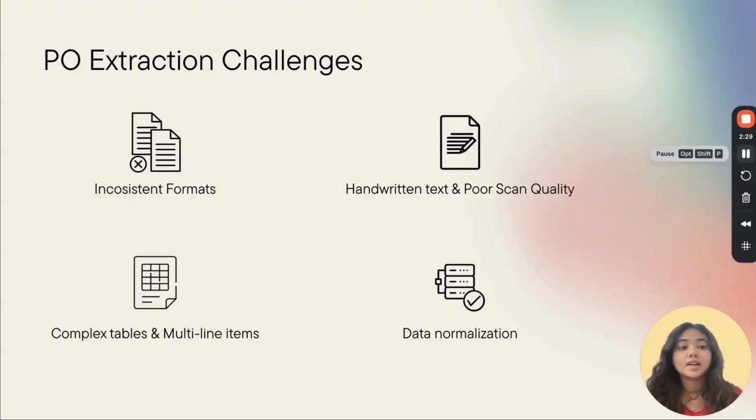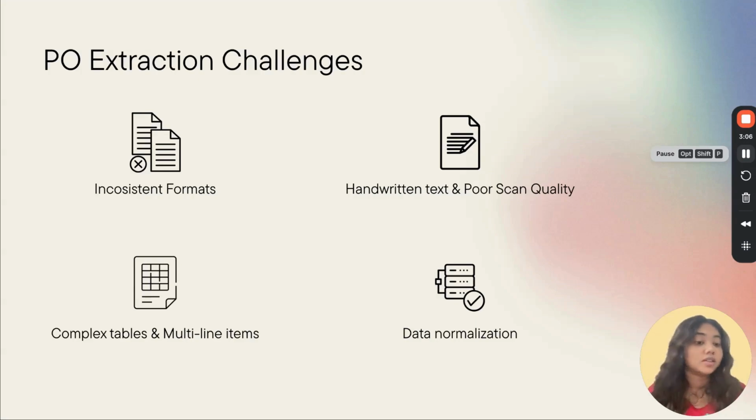And finally, there are data standardization or normalization challenges because purchase orders could contain multiple date formats. For instance, you could have the date first followed by the month or the vice versa format of representing your dates. You could have multiple measuring units, currencies, numbering systems that you follow, and even languages when you get purchase orders from different regions. So, when processing all these documents under one hood, we might have to normalize this data.